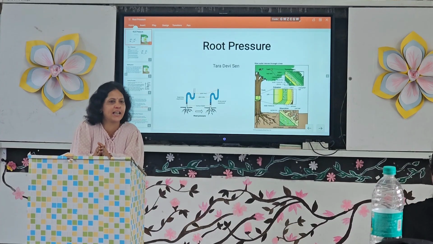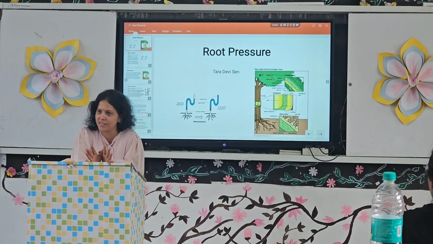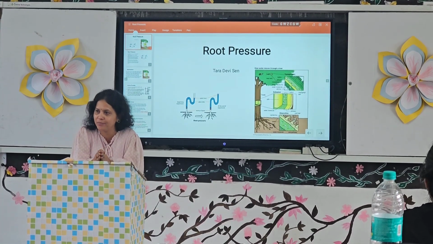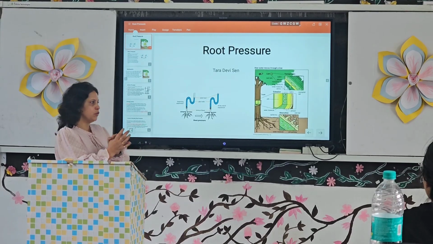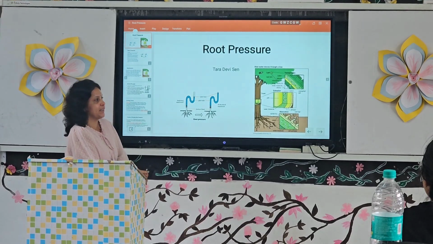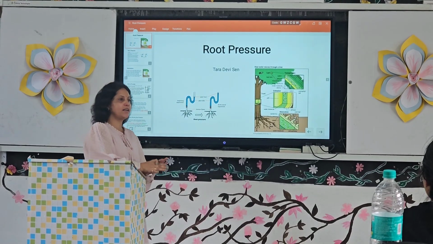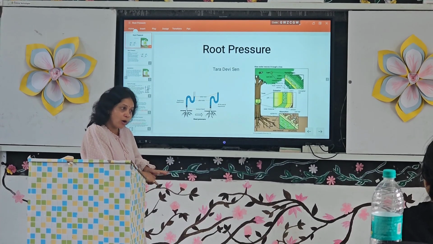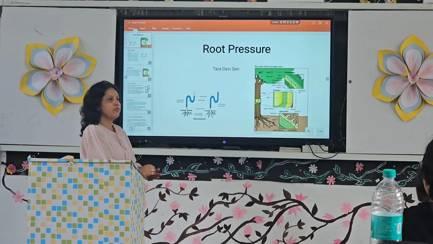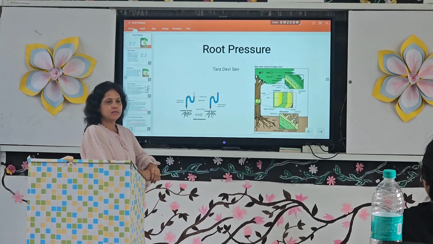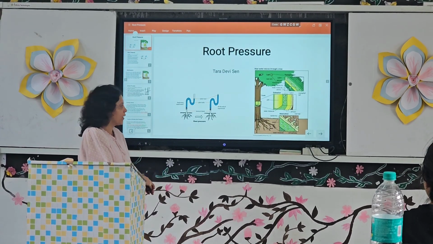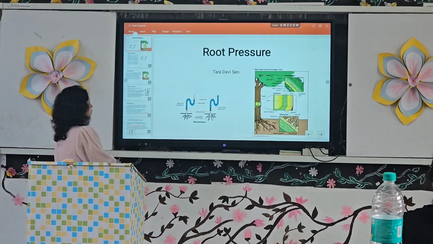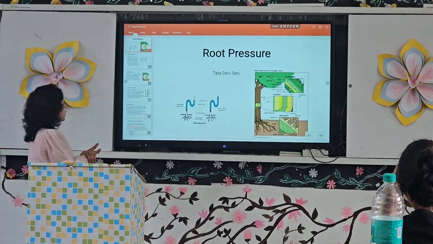Hello students, in my previous classes I talked about turgor pressure, water potential, and diffusion pressure deficit, and knowledge of all these terms is very useful to understand the absorption of water in plants. You know very well water is absorbed by the root but utilized by the shoot. So it's important to know how this water absorbed by the root gets transported to the shoot, and various theories were